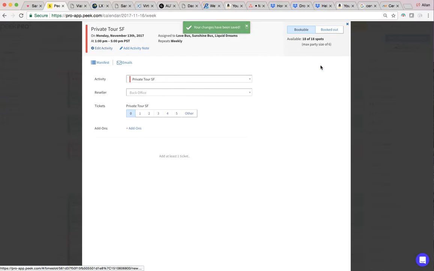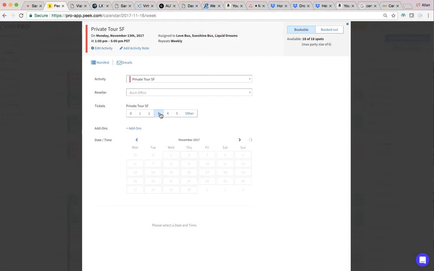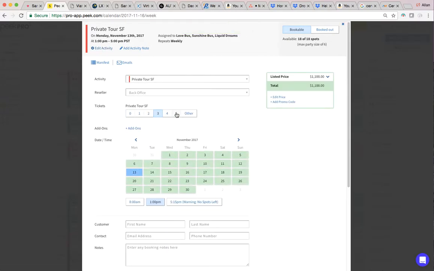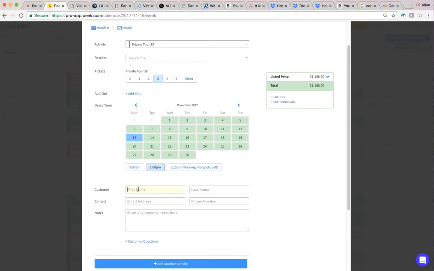Once that's done, you can add booking. Said they needed 3 buses. There you go. We can do up to 5. We have 5 buses now. You can see how the price automatically is updated. It's 1 p.m. and we're going to create a dummy reservation for Alan Graves and